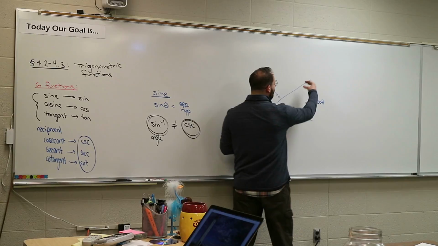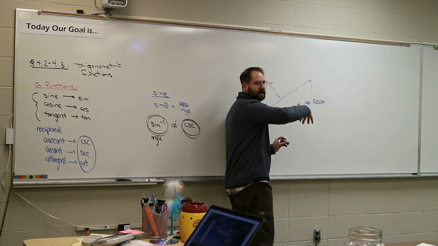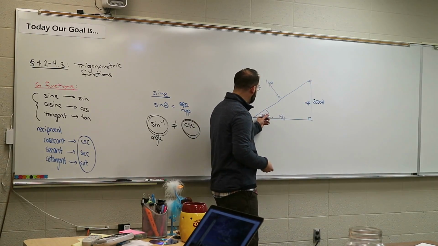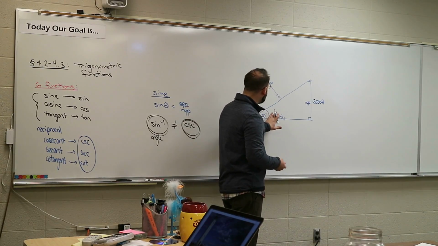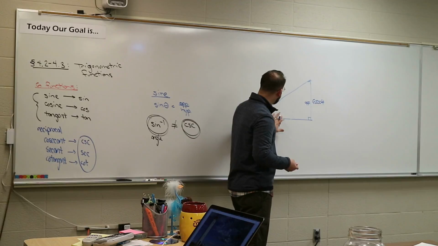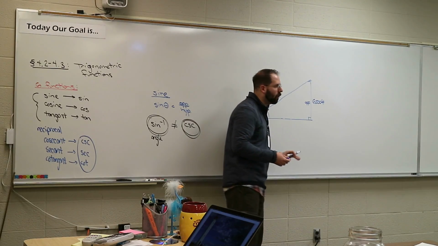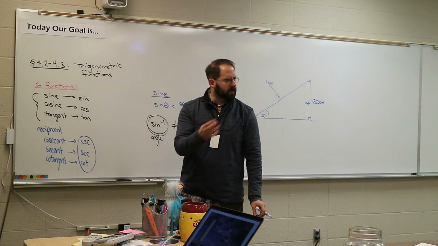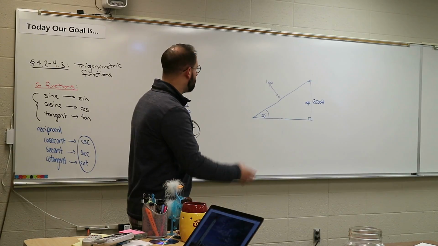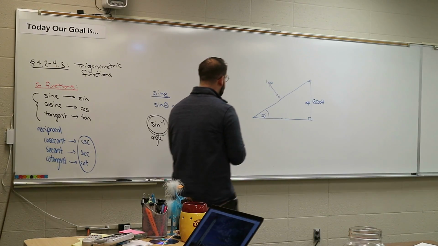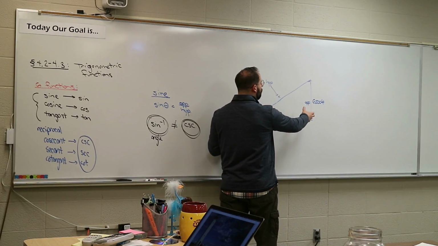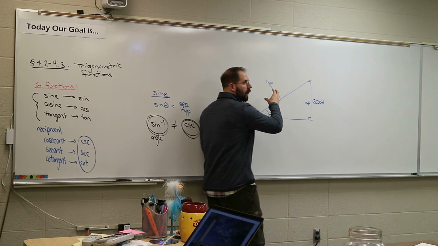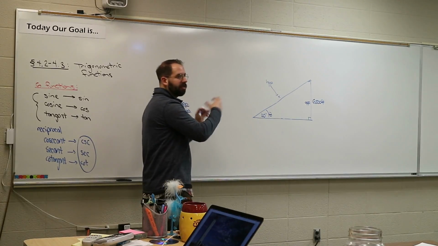So maybe you're up in the air and you're doing an angle of depression, you're looking down, as opposed to what I'm doing here, which is an angle of elevation, looking up in the air. But in my case, how I know which trig function to pick, and this is something that the later classes were asking me about, how do you know which trig function to pick? Once you label your picture, so I labeled my angle, this is my theta, and the one wall they gave me was the opposite wall, and the wall I'm trying to find was the hypotenuse, I know which trig function to pick out of the three